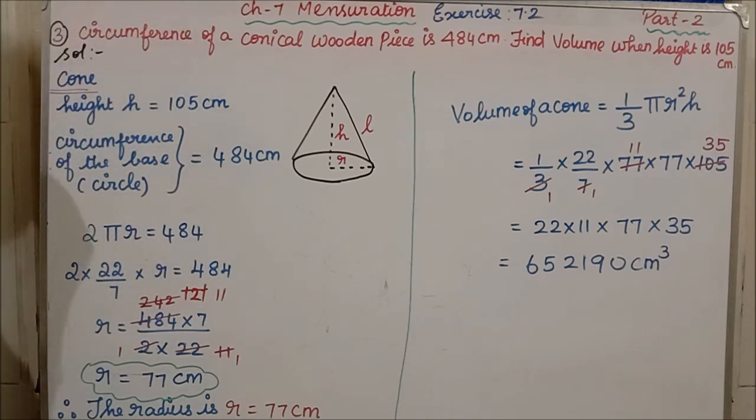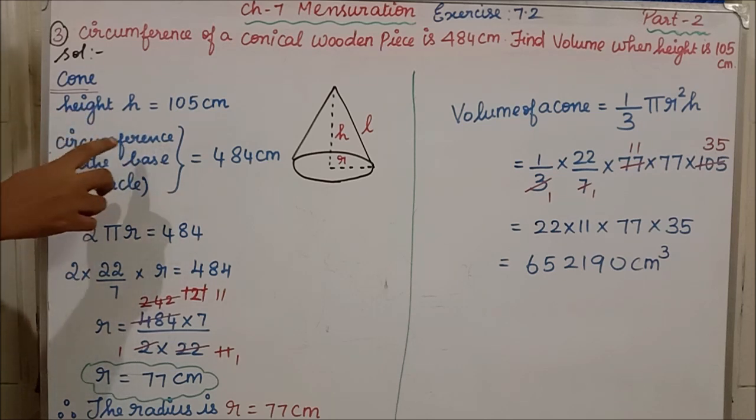So we have to see the bottom. The bottom in the cone is what? Circle. So circumference of the base is what? Circumference of the circle formula is what? I think you have been learning this formula from the lower classes, from 6th standard onwards, isn't it? Circumference of the circle formula is 2 pi r. Clear? Students, this formula is not given in your tabular form. These are very basic formulas you have learned from the lower class, isn't it?